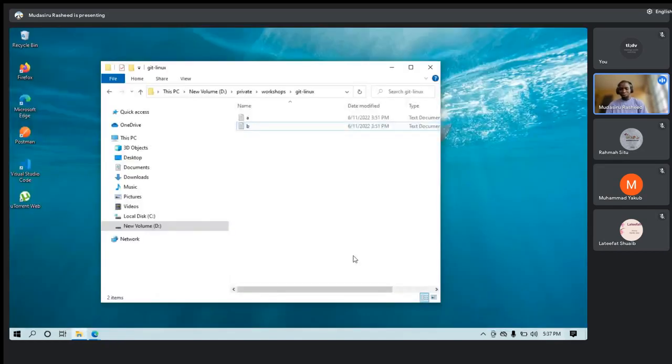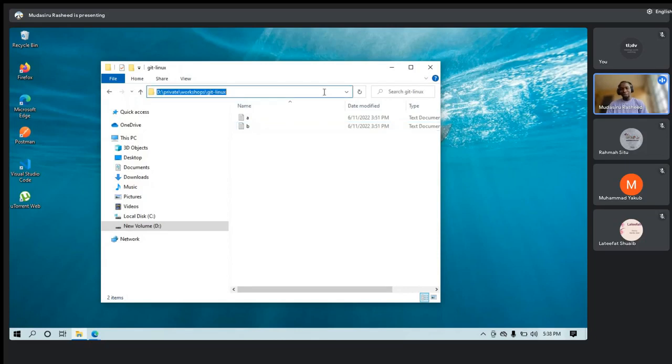Now, the one logic that we should note here is that if you are using Windows like me, you can come here and click on the bar here. You have this PC, the name of the volume, private workshop, and the final destination, the folder you are in.